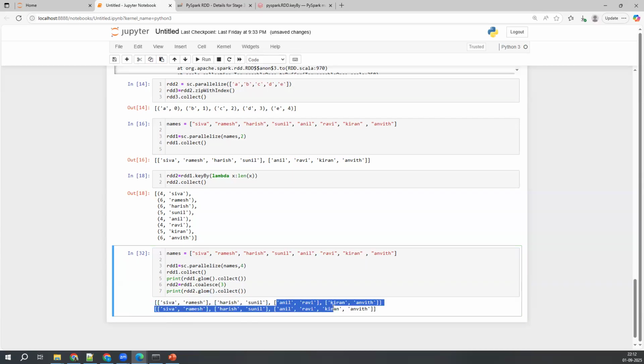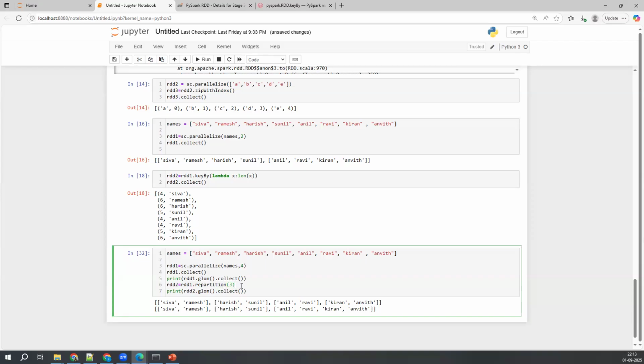What is happening here? The other 2 are merging. It is trying to merge adjacent partitions. When you try to decrease the number of partitions using coalesce, it will try to merge adjacent partitions. Okay, but in the case of repartition, I cannot give any guarantee like that. Since it is a small data set, you may get adjacent partitions,